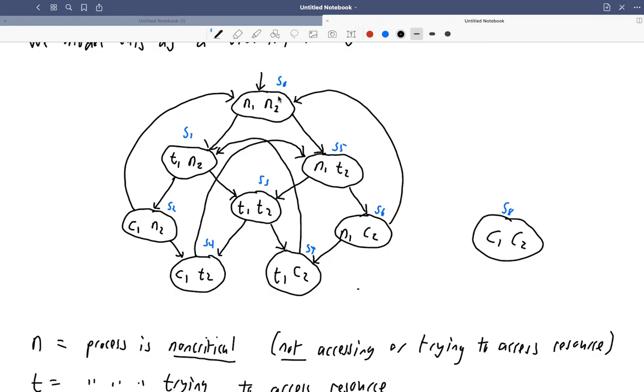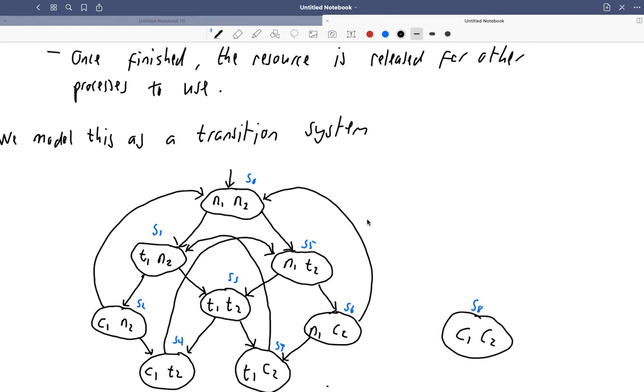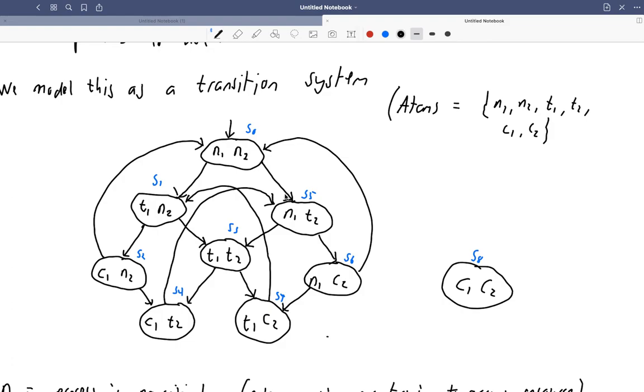The labeling function, so the label of S0 will assign it N1, N2. So our atoms here are, let me put that in brackets. So our set of atoms here is N1, N2, T1, T2, C1, C2, and the set that every state is labelled with is written in its bubble. Well, the transition relation,